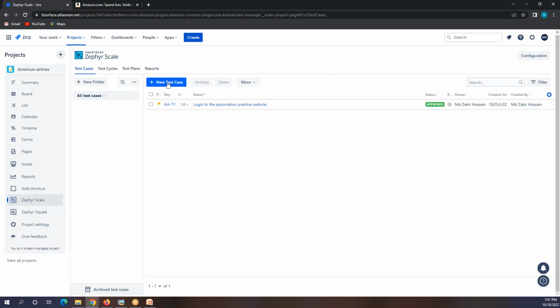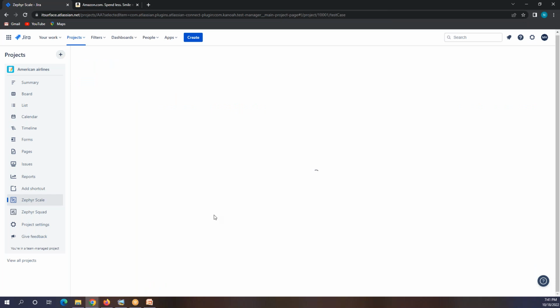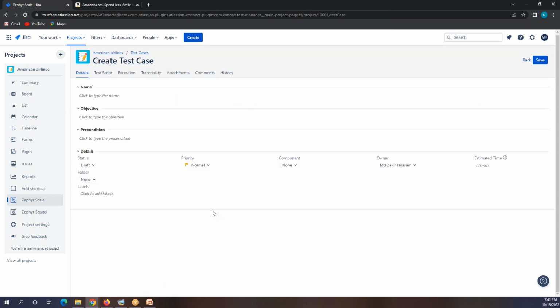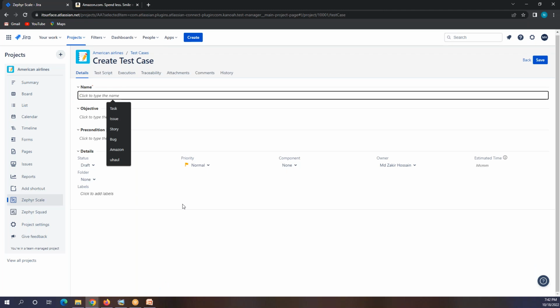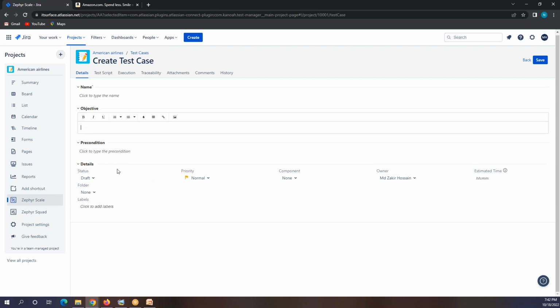How? Just click on this new test case. Give a name, what kind of test, which stories the test cases you are creating are for, and give some description. If there is any precondition, like if you need test data, or if this test is dependent on something else, give some description here for the precondition.